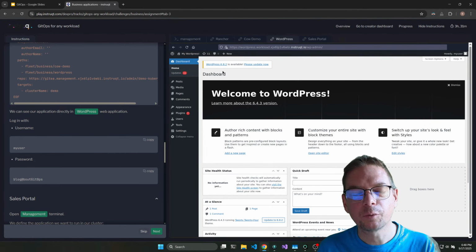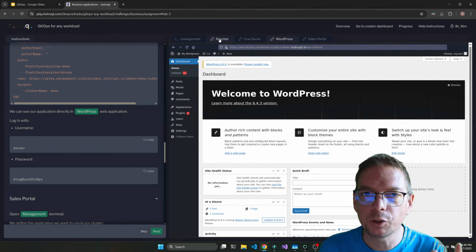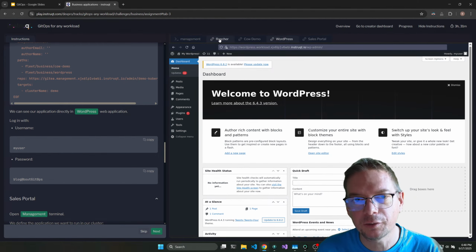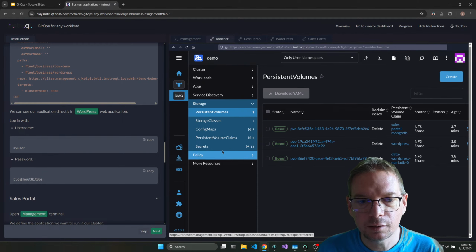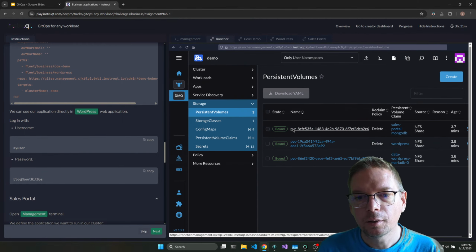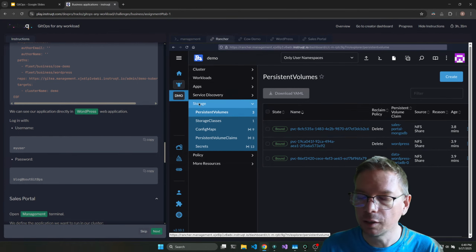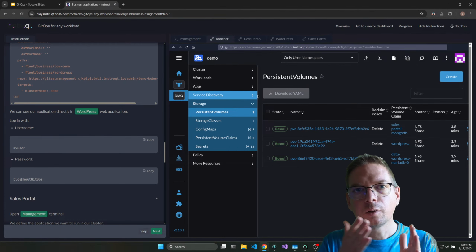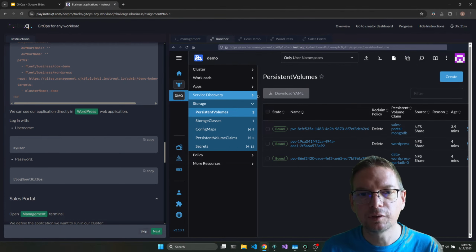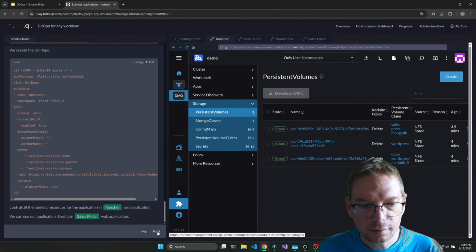And we can see we have a WordPress running, and the use case of WordPress is very important because here we do save data. It's a stateful application, and we can see it in the storage. So we can see we have the storage for MongoDB and MariaDB and WordPress, and it's working fine. So you can see that we use the stateless application, we use the stateful, and everything was okay. And so let's see next.